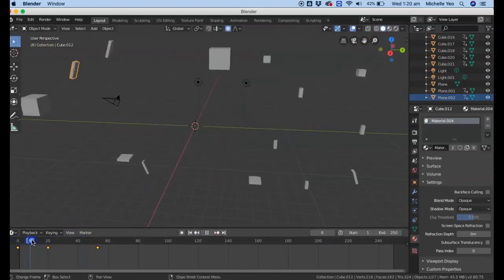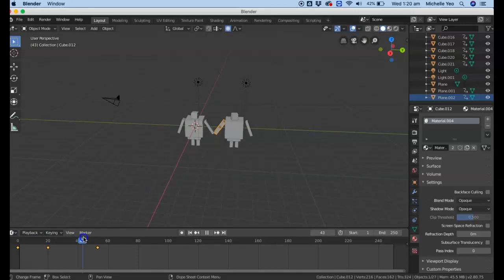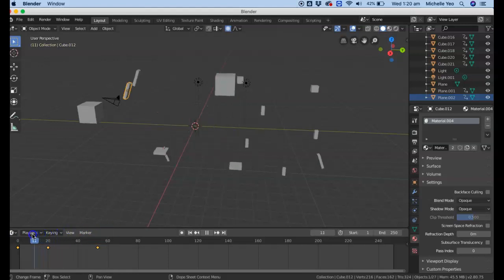So that's really basic modeling. You can add any details to that which you like. I suggest you watch my tutorial on sculpting to add some extra things in. But yeah,